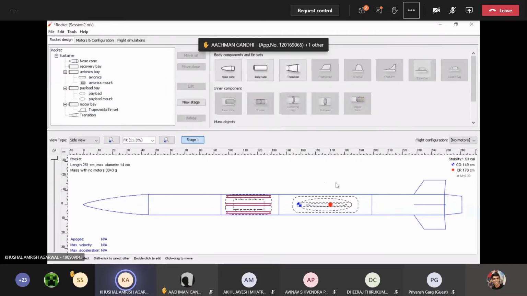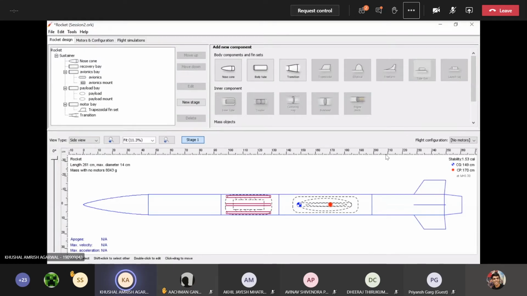Okay, so now we are done with the external parts. We have put materials for all of them, and we'll move on to adding the internal parts of the rocket. The ones I mentioned were the thrust plate, the damper, the bulkhead, and the centering rings. So let's start off with putting the damper and the thrust plate.